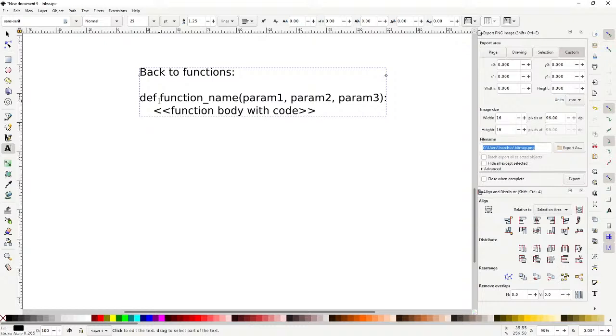And then maybe it has some return statements. Return some variable.